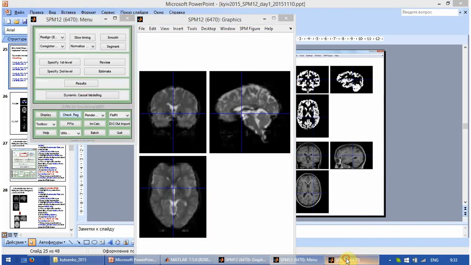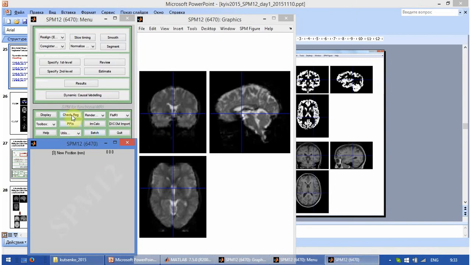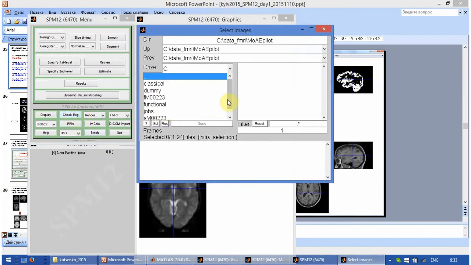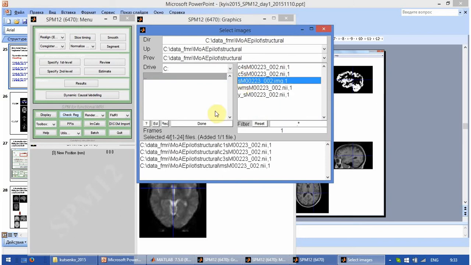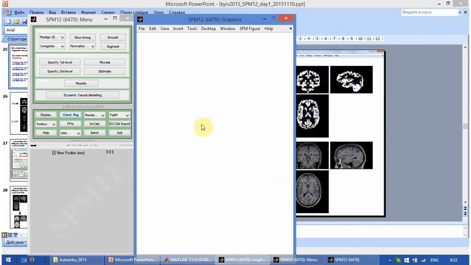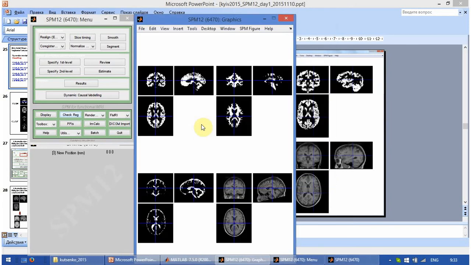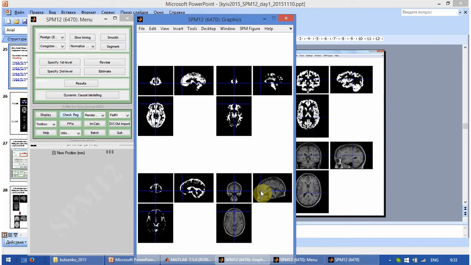Let's go to SPM, click checkReg, go to structural and select C1, C2, C3 and MS files. 4 files in total. Click Done. Here you can see 4 images, and by navigating them you can figure out if the